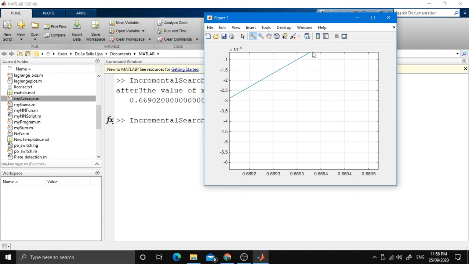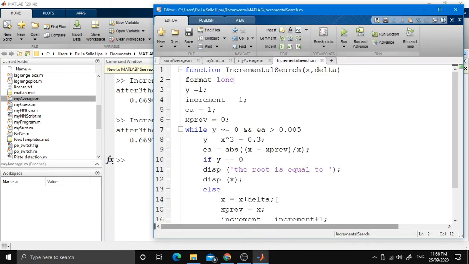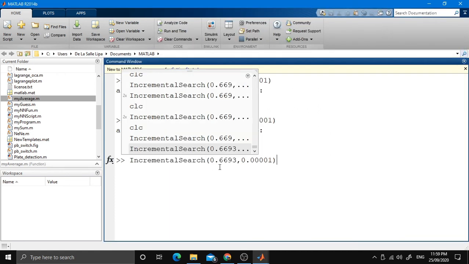So this one is 0, so we could put it as 0.6693. And let us see if there would be some good changes. So it's still on the third iteration. It means that it gives us good iterations, but let us refine more on the approximation error so that it could give us a precise value for this. So incremental search